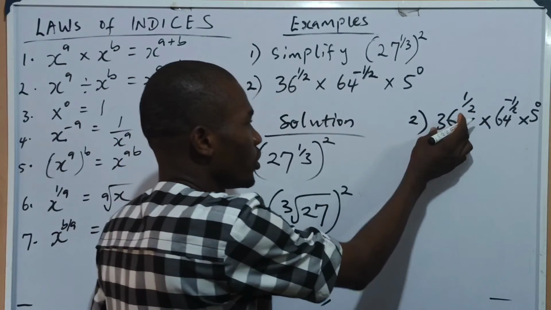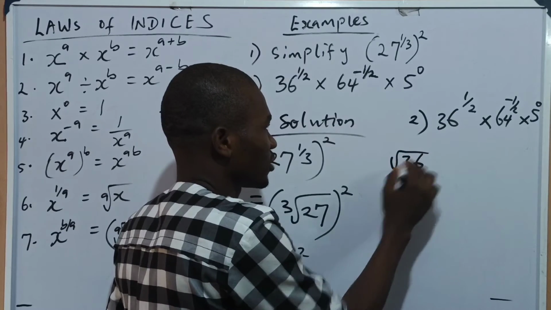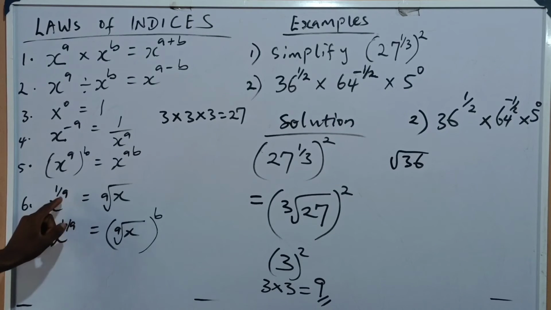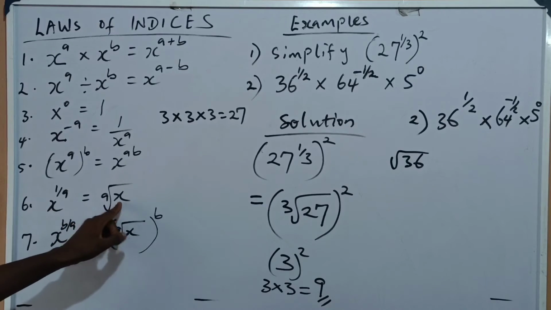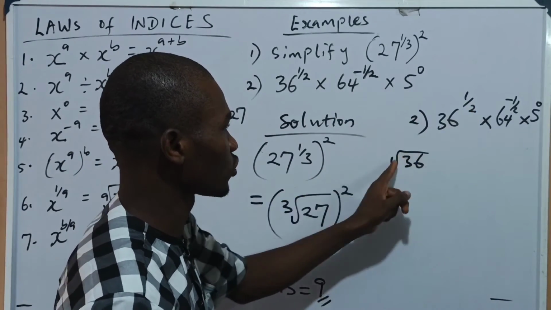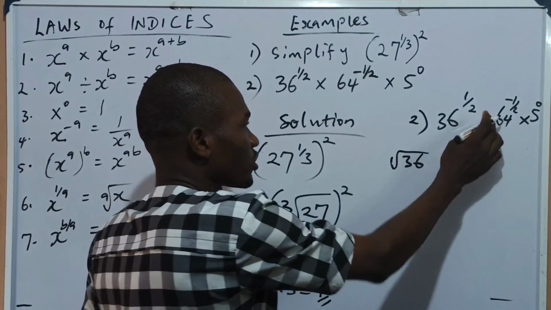Hence, what do we do here? We say the square root of 36. That is law number 2, that any given base raised to the power of 1 over a is equal to the ath root of that given base. Hence, 36 raised to the power of 1 over 2 is the square root of this given base, 36. Then multiplied by,